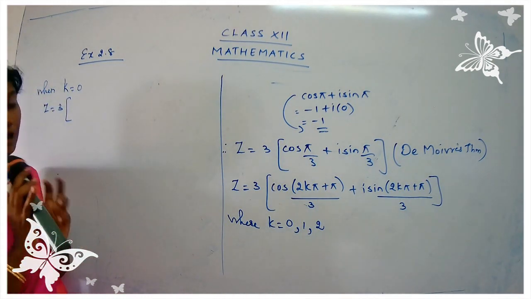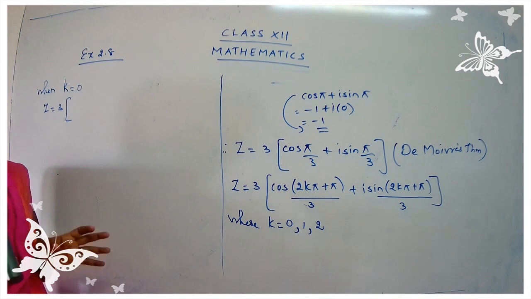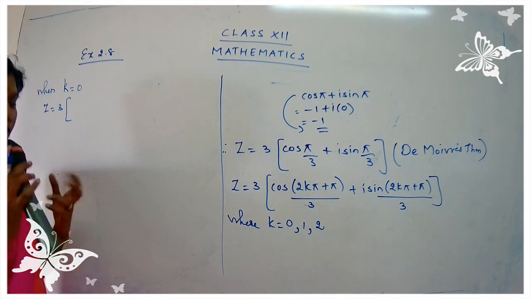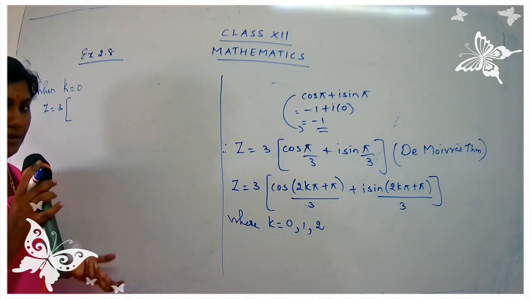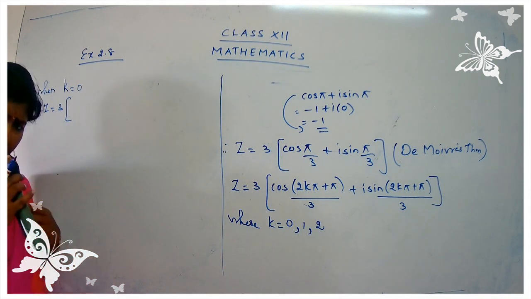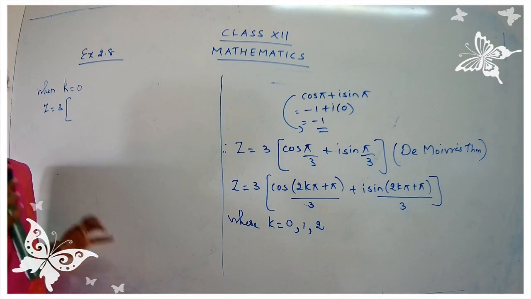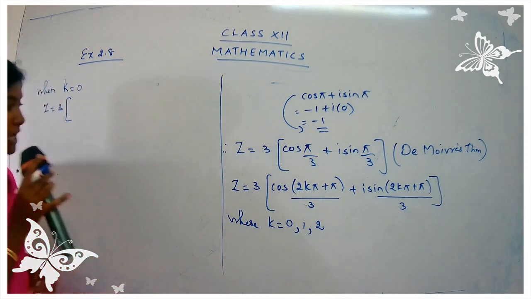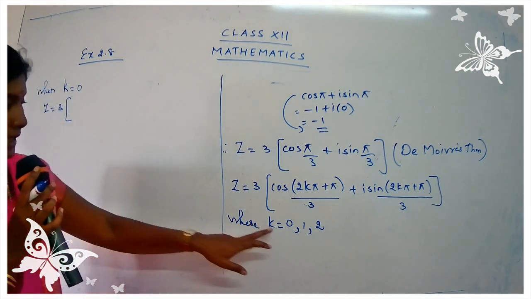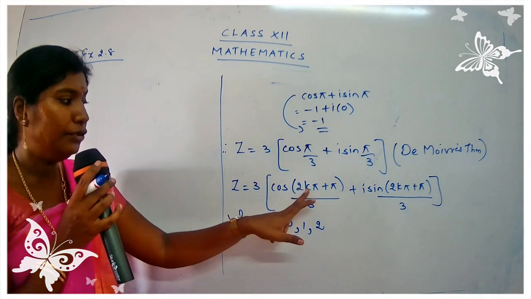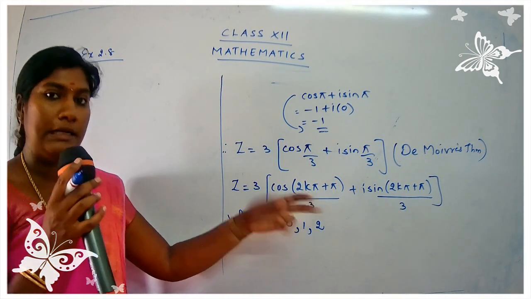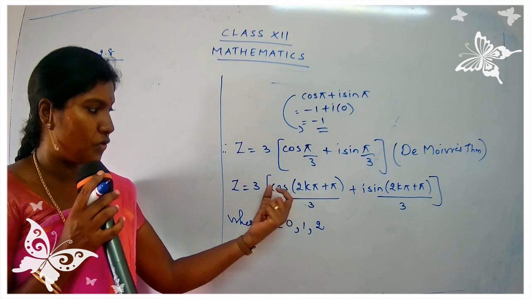If you are able to do it directly, no problem, you can do it directly. If you feel that you are going to substitute the value and do the sum, no problem. It's up to you. The only important part is you have to get a correct answer. That's all. So I'm just going to do it directly. K is 0. So 2 into k, that is 2 into 0, the whole term gets 0.